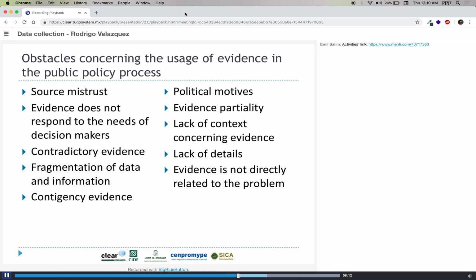And then we have some options. The first one has to do with, it says previous to the formulation, during the design of the public policy, and the third option has to do with the implementation. The fourth option has to do with the evaluation of the public policy, and there is a fifth answer that includes all. So we are getting some answers.